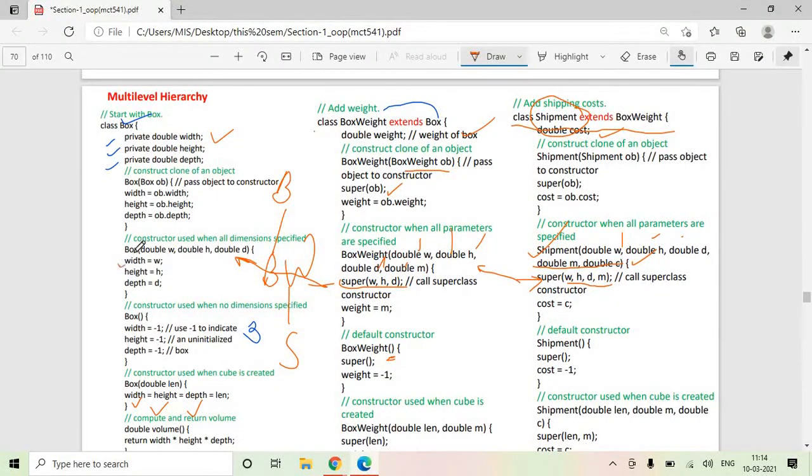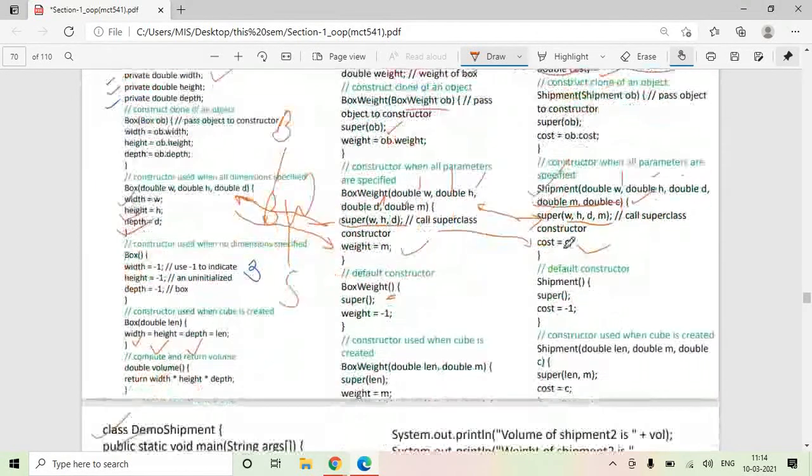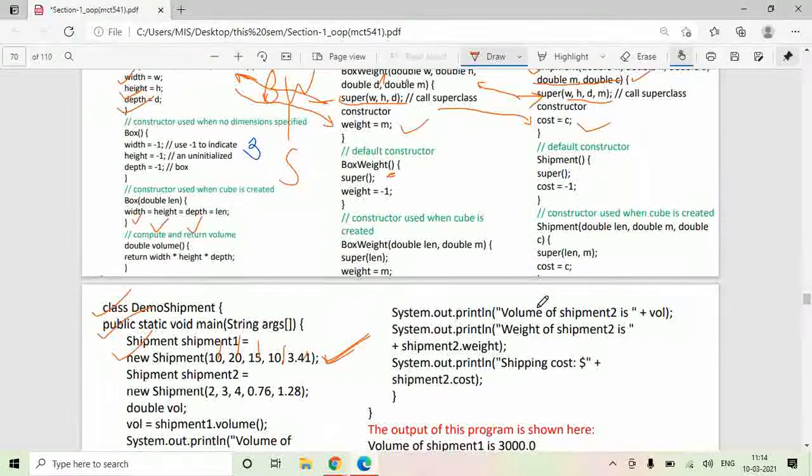Then width is equal to W, height is equal to H, depth is equal to D will be initialized. Control will be back here. The next line will get executed, that weight is equal to M. Now the control will come here. Cost is equal to C. So this is how the flow of constructor is there in case of multi-level inheritance.